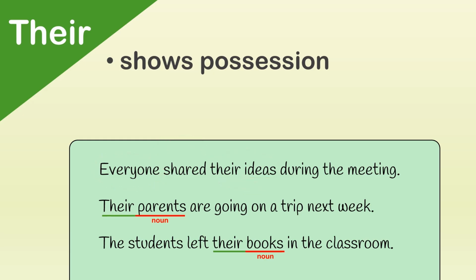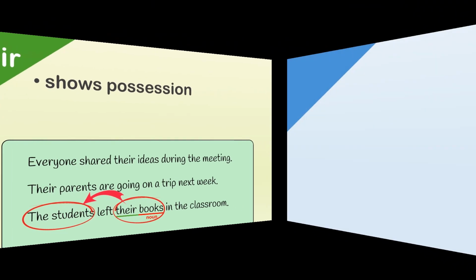In the next sentence, their shows that the parents belong to someone, though in this case they aren't stated. And in the third sentence, their shows that the books belong to the students. Now onto the next there,